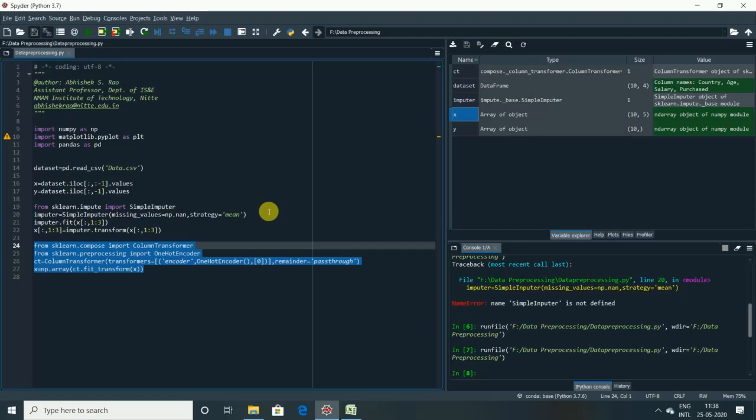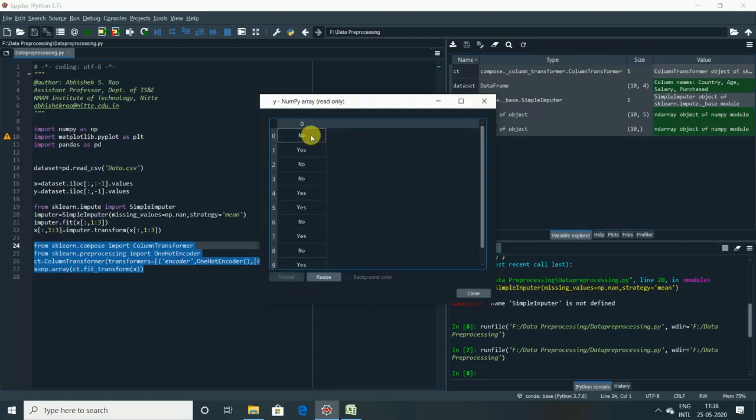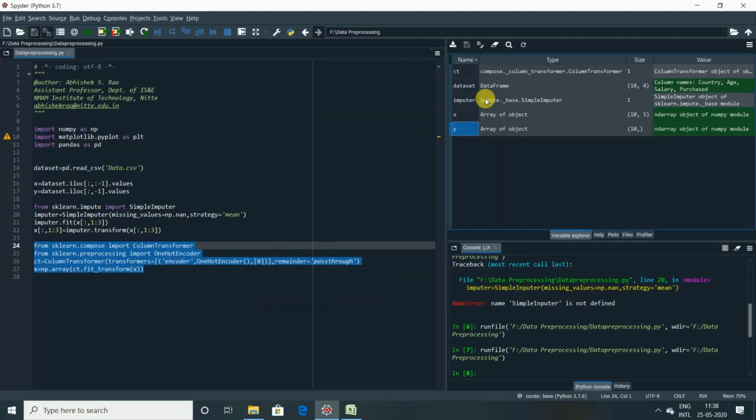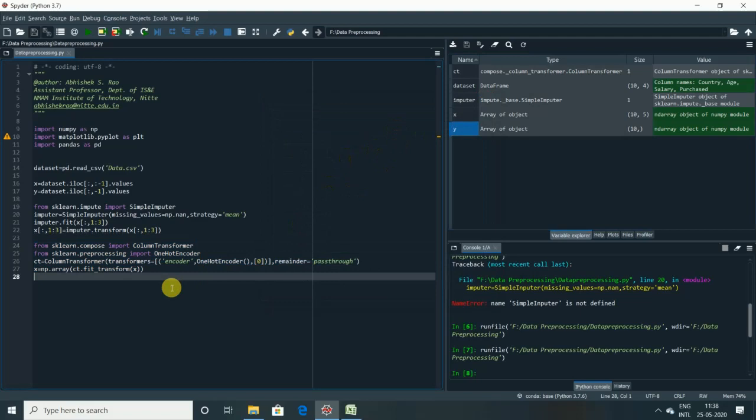Now we'll see how to encode one more variable, right? The dependent variable is also categorical here. So now we have to replace this with 0 and 1 respectively. To do this, we are going to use another class called label encoder, guys, to encode this no and yes to 0 and 1 respectively. So let's encode the dependent variable as follows.